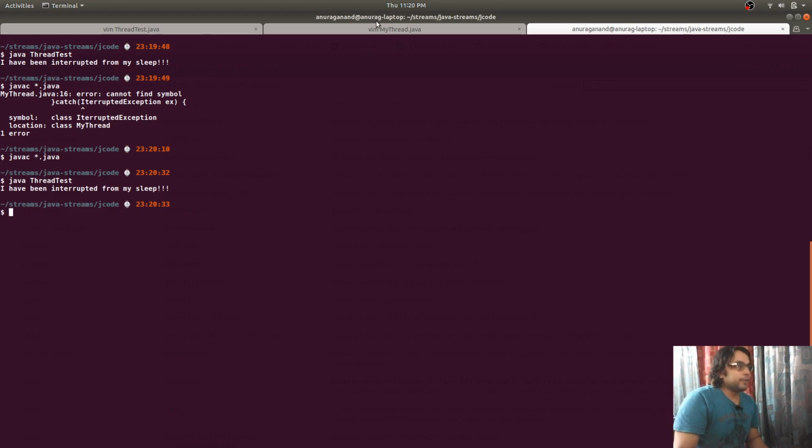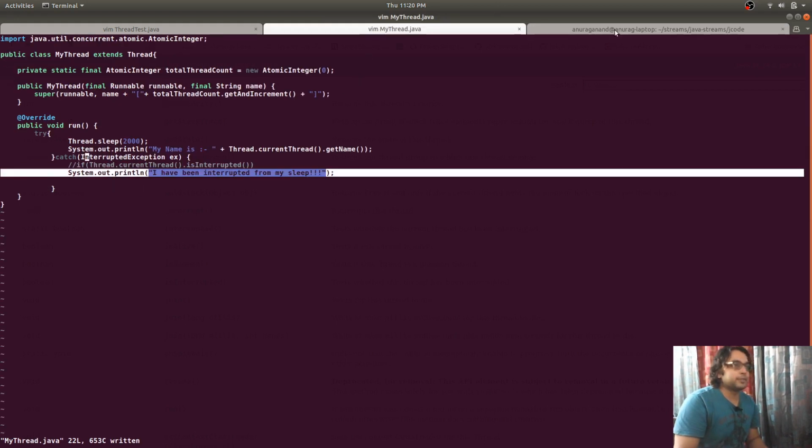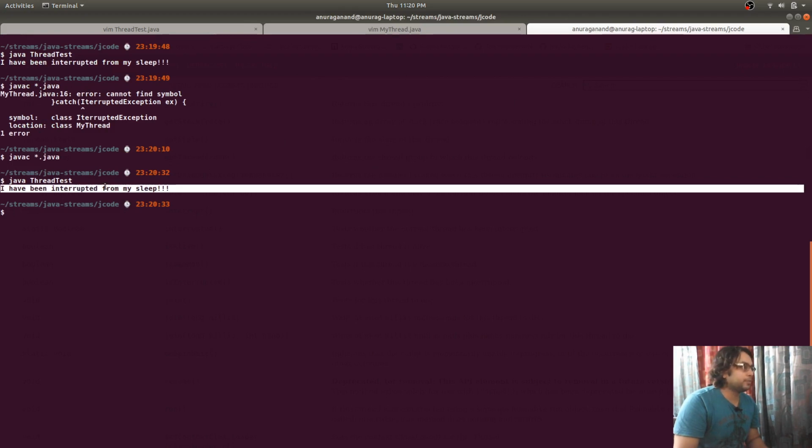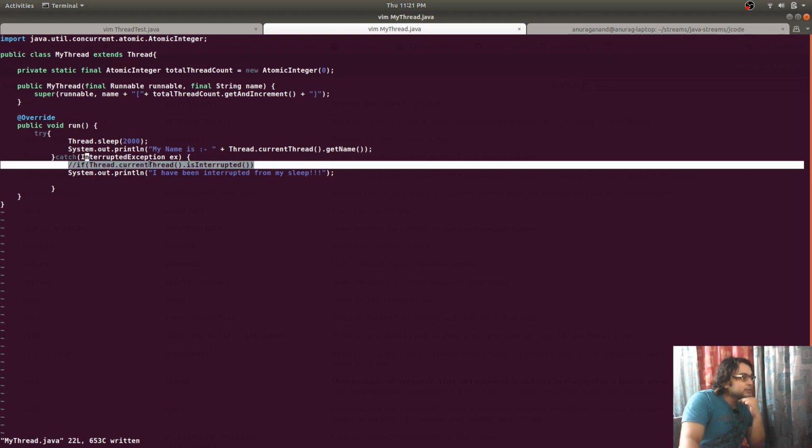You can see that I caught the interrupted exception, printed this statement, and I have that print statement that I have been interrupted from my sleep. The proof that the interrupted exception is occurring is that it is caught by this catch block for interrupted exception. So what's up with this method? Why is it not working?